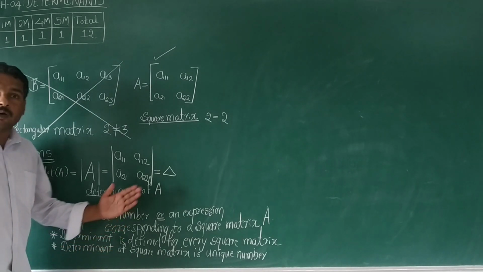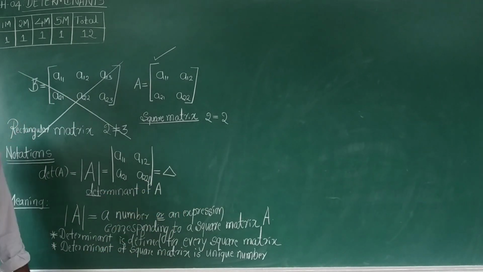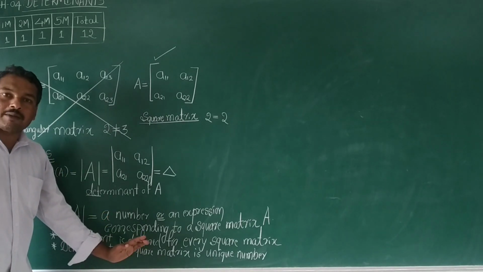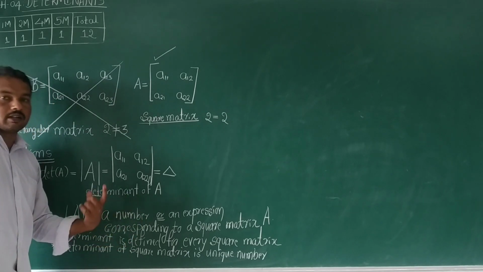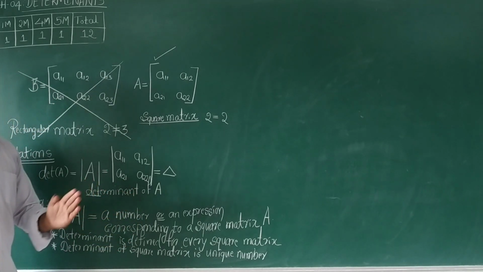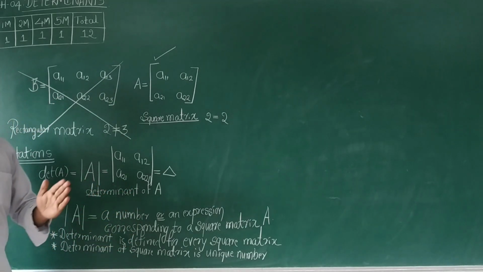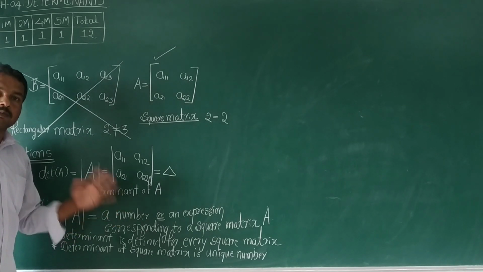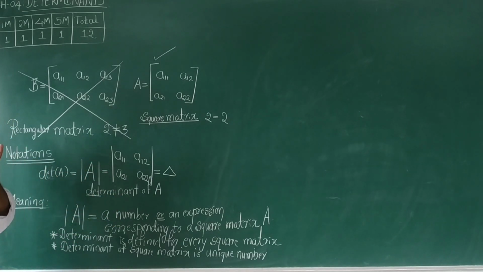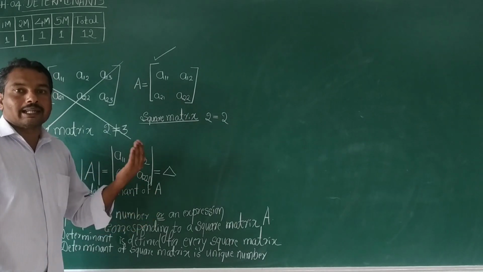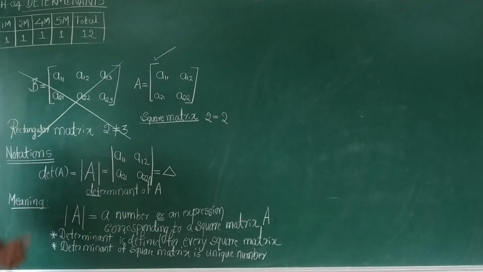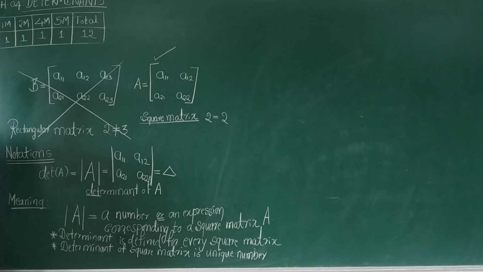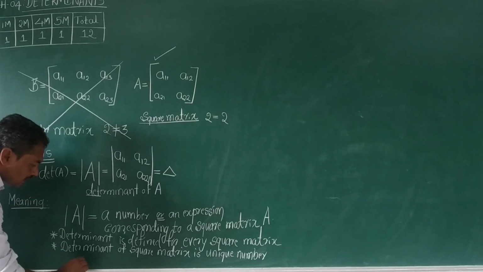Determinant is different for every square matrix, not for rectangular matrix, and determinant of a square matrix is nothing but a number, either real or complex. As per a few syllabi, that number itself is a real number. As an extension, you can use a complex number in higher education. Okay. So by these two statements, we can treat